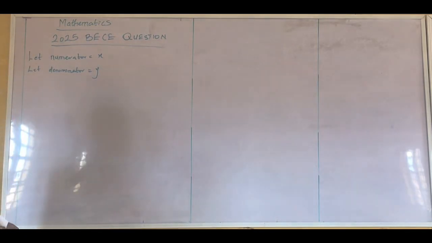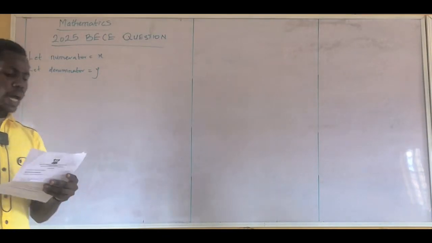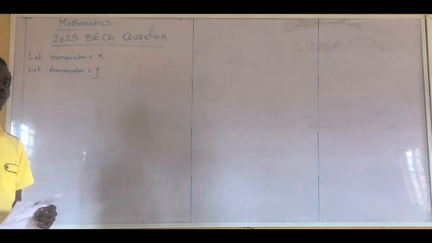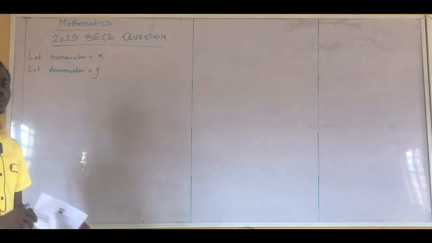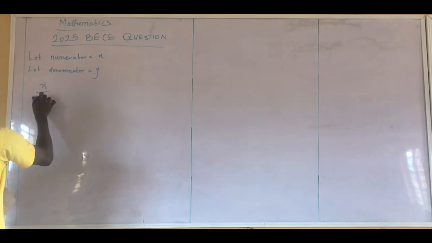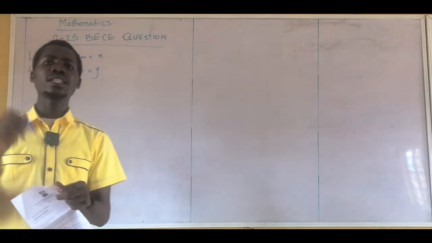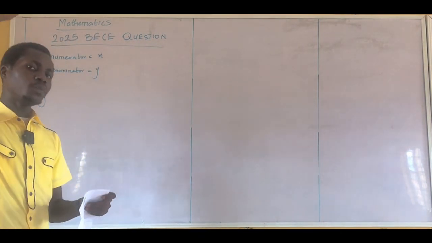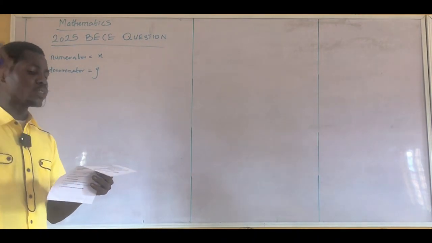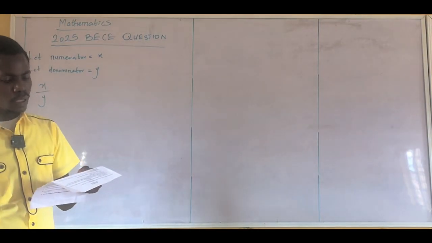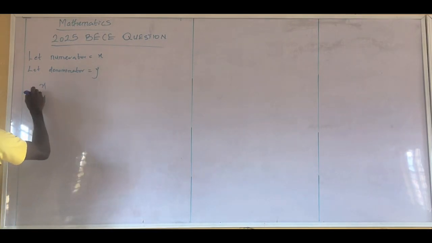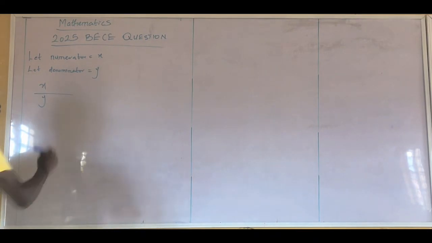Now the next thing is, don't forget it is a fraction. So they said if 2 is added to the numerator and denominator of a fraction. That means if we add 2 to the numerator, but in the first place, let's assume we have x over y. Now they said if we add 2 to both numerator and denominator, though they didn't use the word both, they said 2 is added to the numerator and denominator of a fraction. What you're going to do in that case is add 2 to both the numerator and the denominator. So here you're going to have